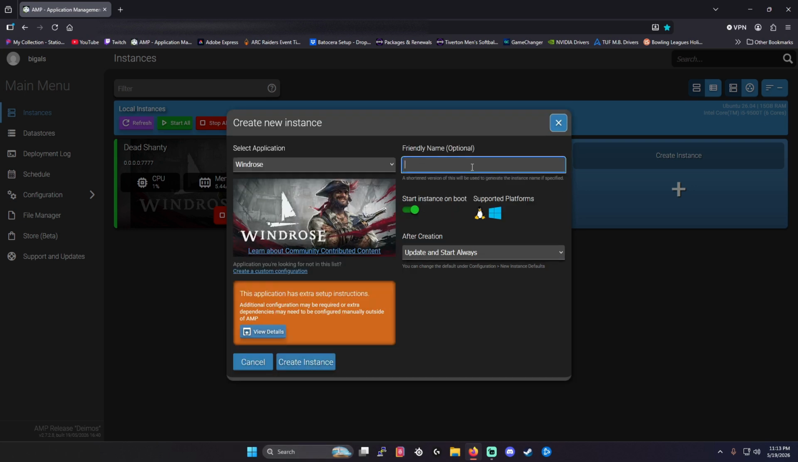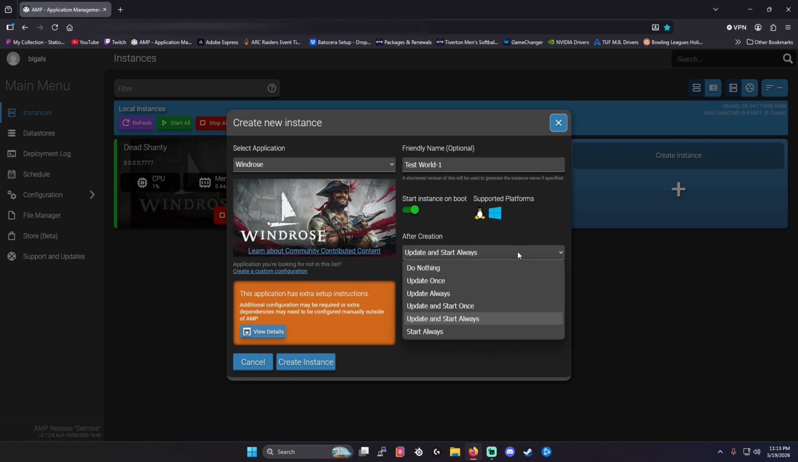We're going to give it a friendly name and we're just going to call it Test World 1. I already created it on Windrose's end just to make things a little easier and speed it up. We're going to click on Start Always, so if anytime the server ever goes down, it'll automatically just turn back on. No hiccups. You don't have to worry about it. All right. Once that's all set, you just create the instance